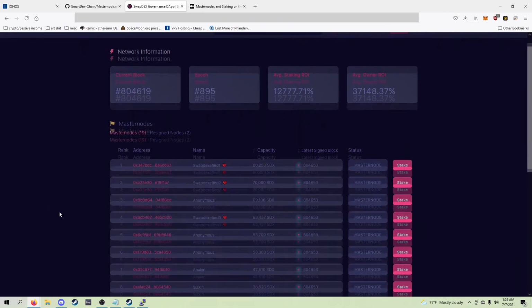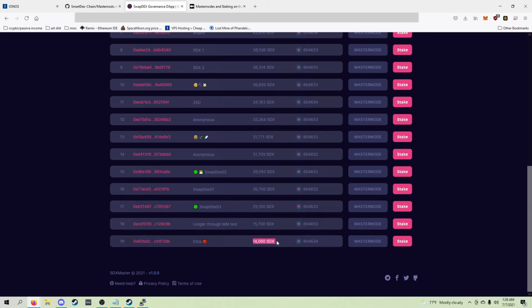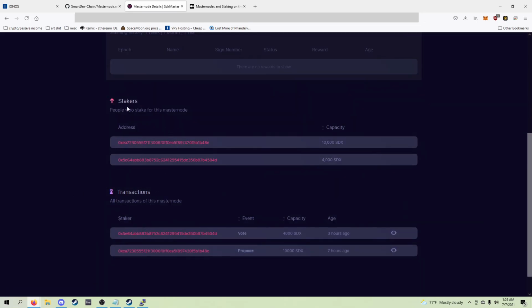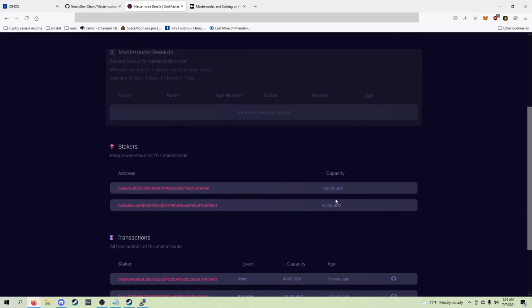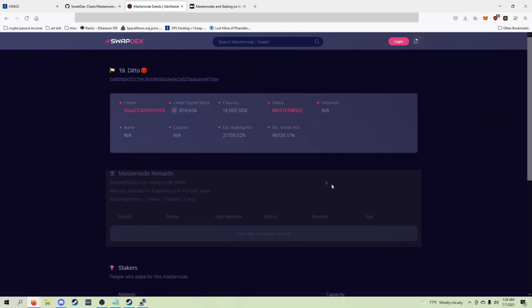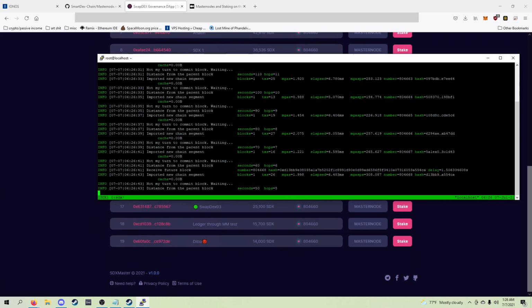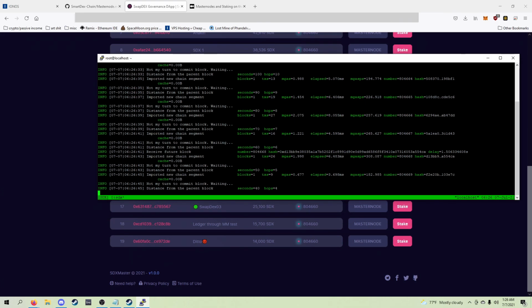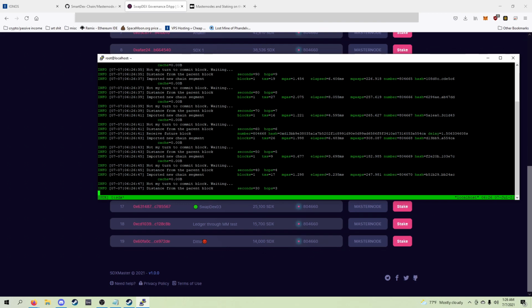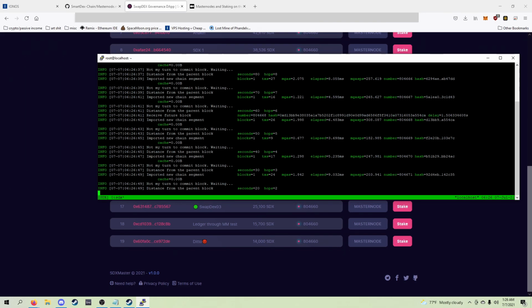And yeah, we already have someone who voted on our Masternode as well for about 4,000 Swapdex, helping me still, well, not really helping me at all to move ahead in the ranks, but alas, we've done it. Node's running. This is what the node running looks like. And yeah,